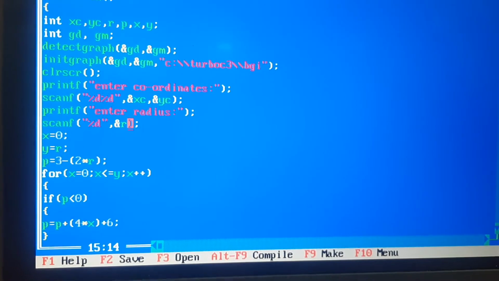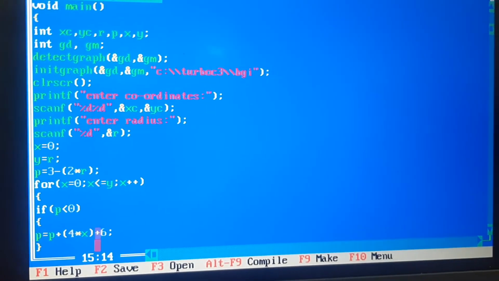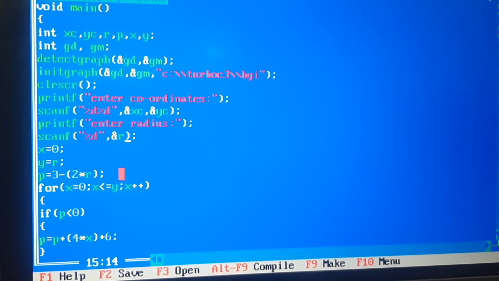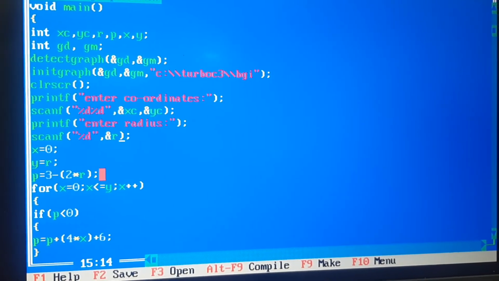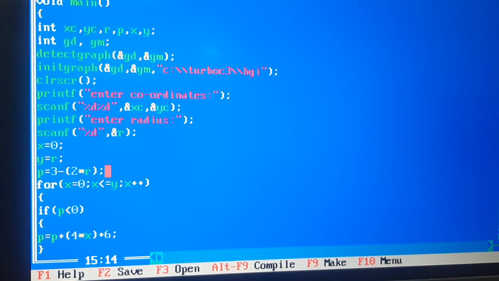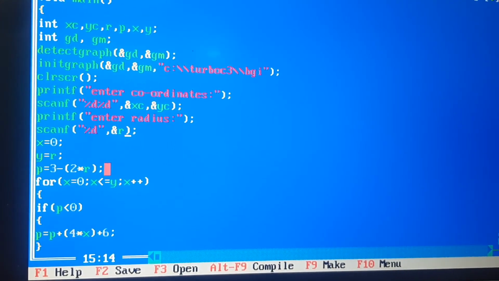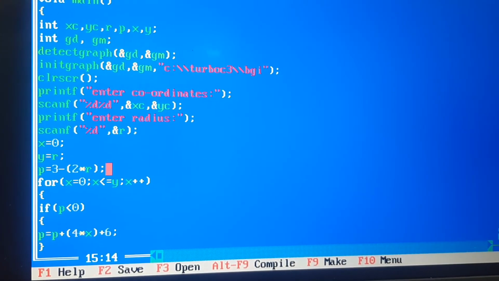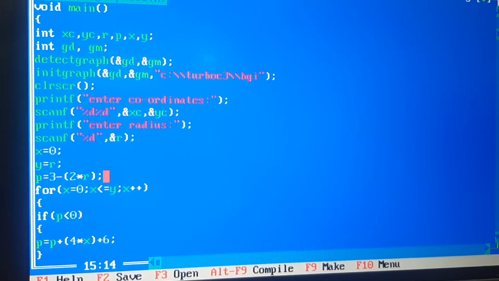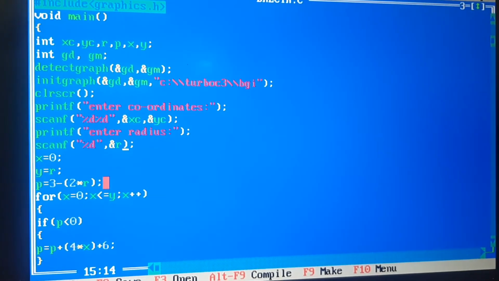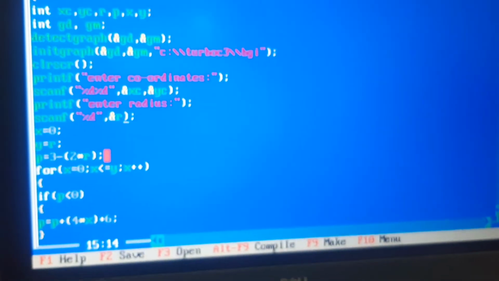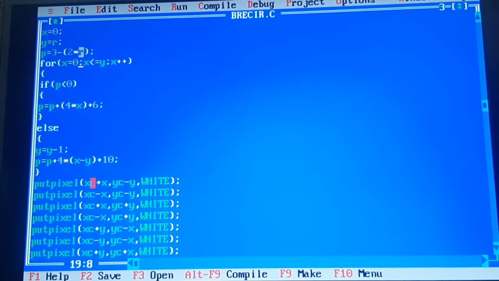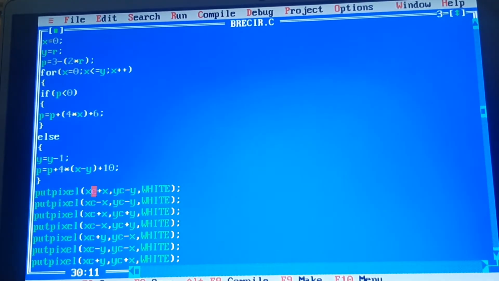Then in the next step we are calculating the decision parameter, that is p equals 3 minus 2r. Then the value of P is checked.